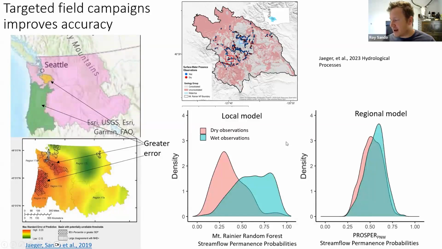So in machine learning, you often hear that more data is always better, that it's always better to include more data. And generally that's true for overall model performance. But what we're showing here is that scale matters. When you dig into local conditions, despite the fact that your general model can have greater accuracy, the incorporation of better local representation drives better distinction in your classifications at the local scale.